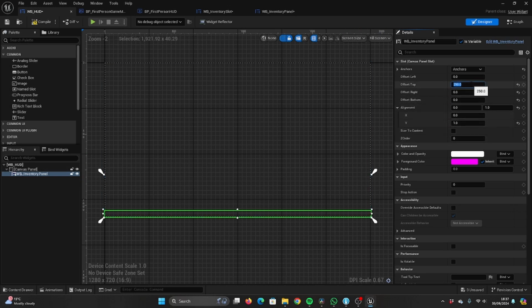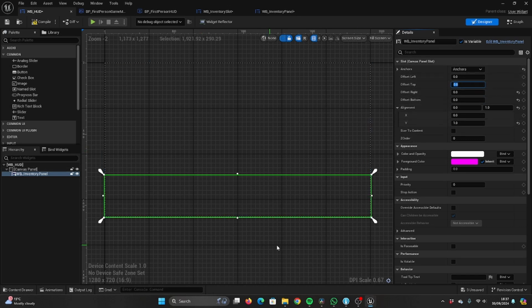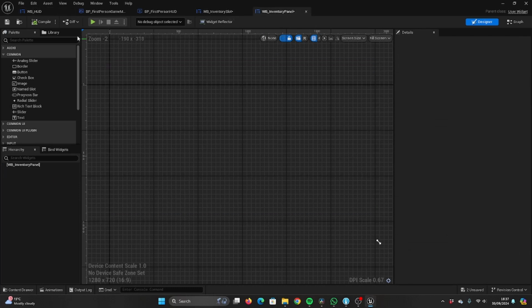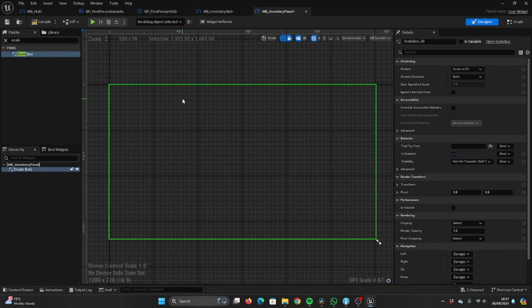Yes, so we set the anchors there and just set that to 0 and perfect. Now let's go to our inventory panel. We're going to start off with a scale box. Now a scale box, as the name implies, will just make sure that the contents within it will scale correctly given a certain resolution. And that's perfect for what we want, because we want this UI to be quite scalable